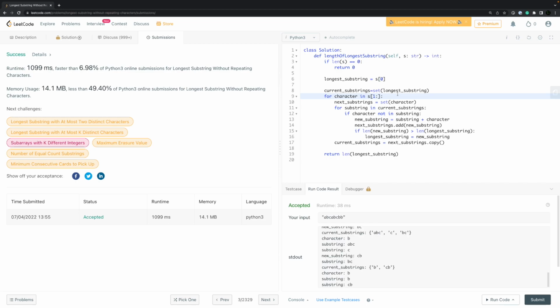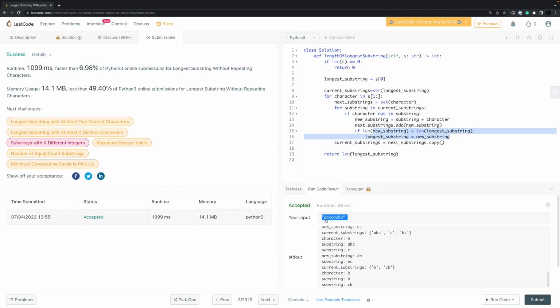So let's just make sure we understand this solution. We're creating a list of substrings to check and add the new character to all the substrings in our set of substrings. If it is unique, meaning the new character is not in the existing substring, then we are going to add it to the next iteration and also check that we have a greater length. One thing that we're doing that's pretty inefficient, you can see in here ABC, ABC, BB, there's only 3 unique characters, and